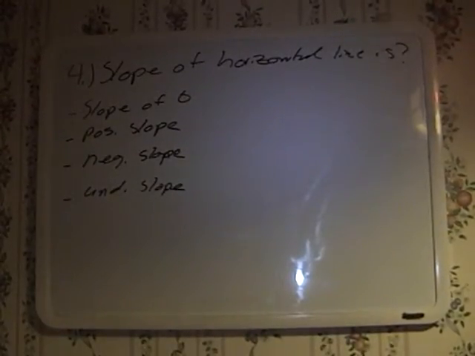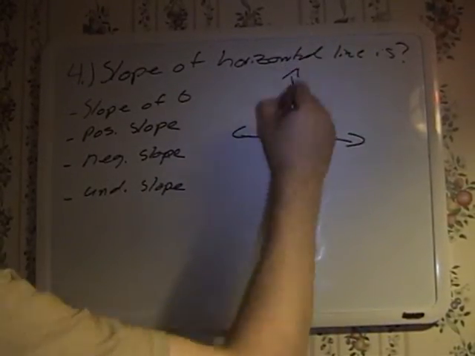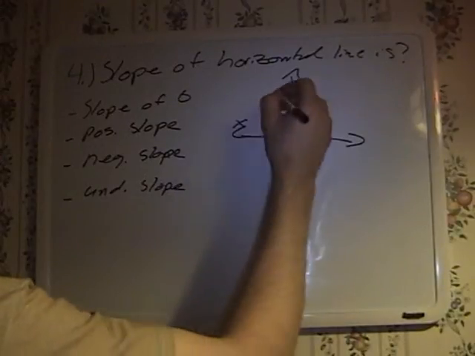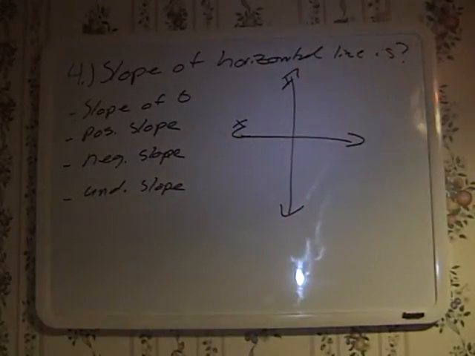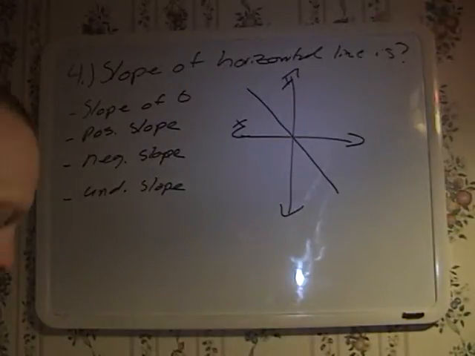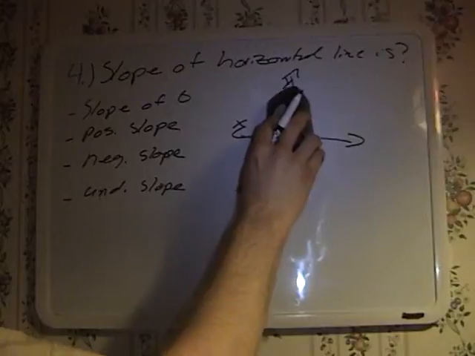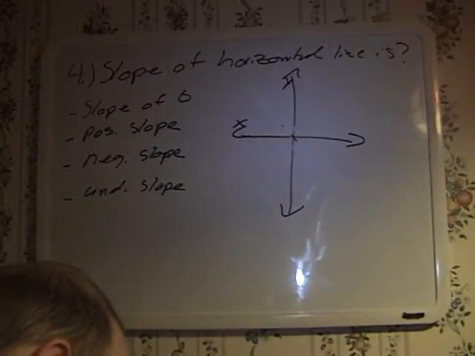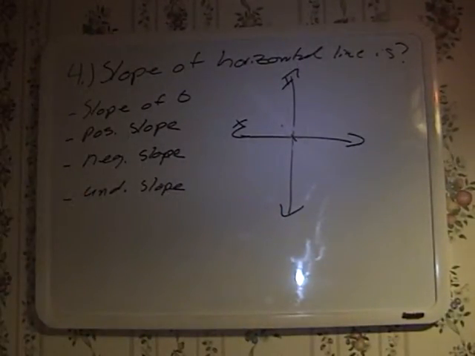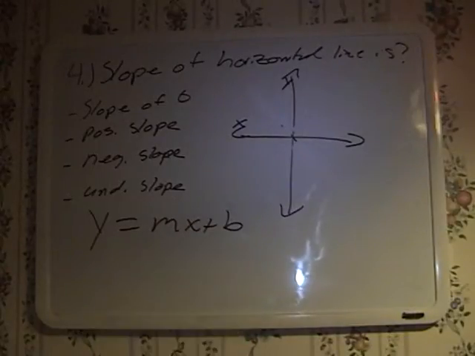And we've got to understand a couple of things. The first thing I'm going to draw out here for you is a little graph. This is your x-axis, this is your y-axis. When we talk about slope, we're talking about how quickly a line is rising or falling like this. Now, we have to understand where we get that number from, and there's a formula called the slope-intercept form. You may have seen it before, y equals mx plus b.